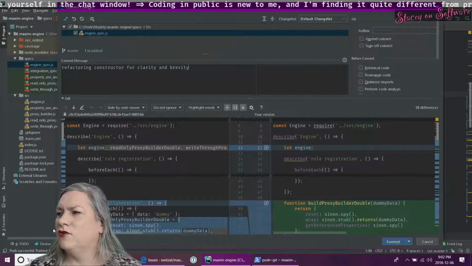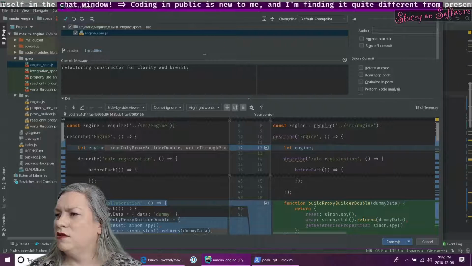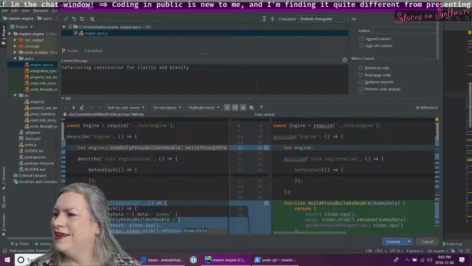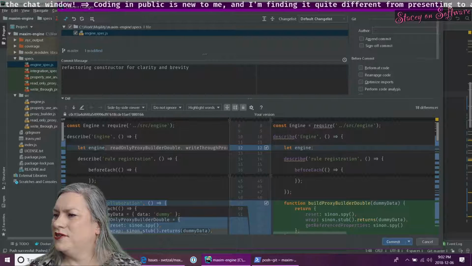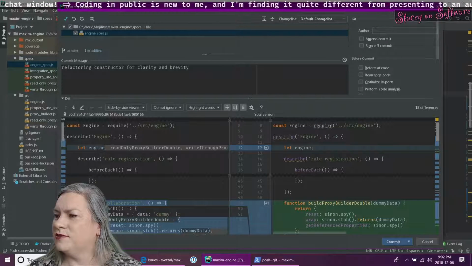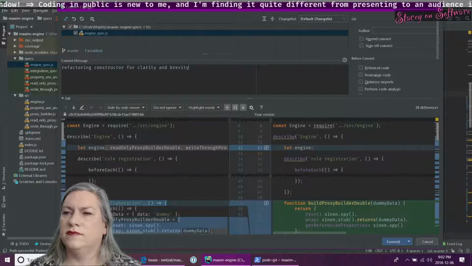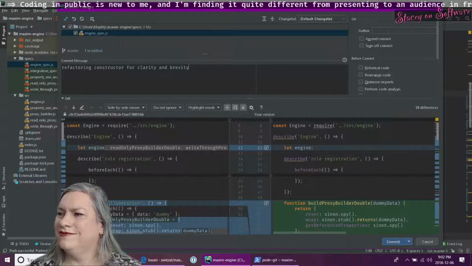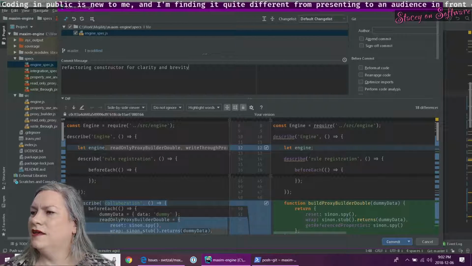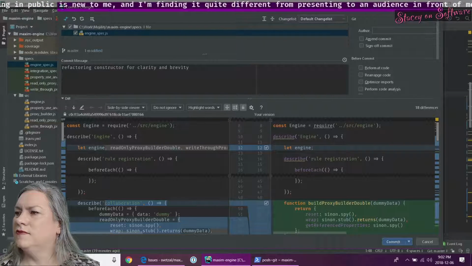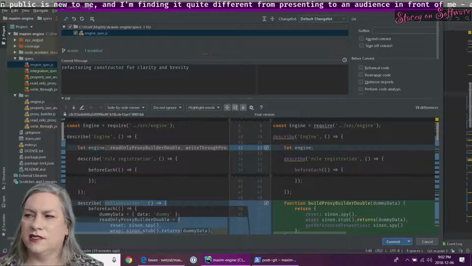I'm realizing that I'm unhappy with it. I'm going to just make a really quick adjustment here. This might look a little strange. Just going to slide that over.